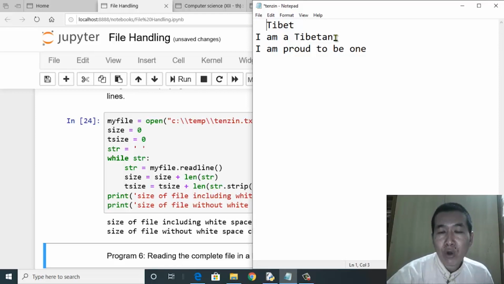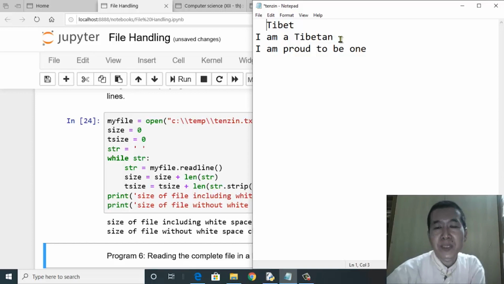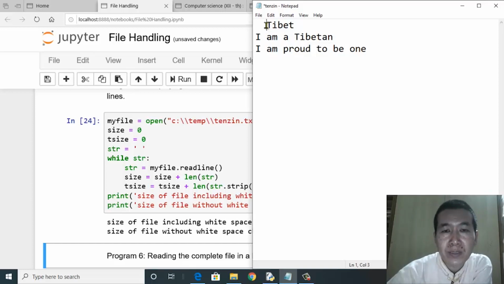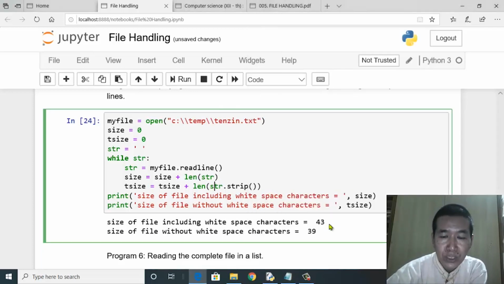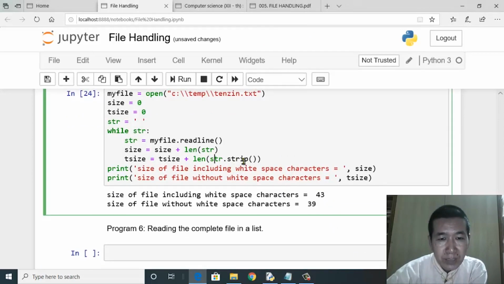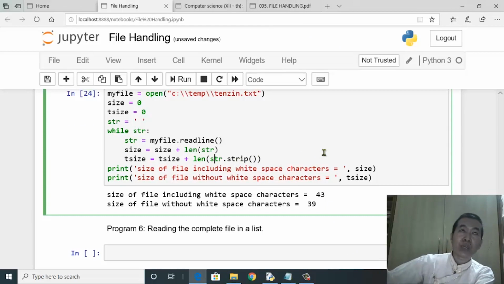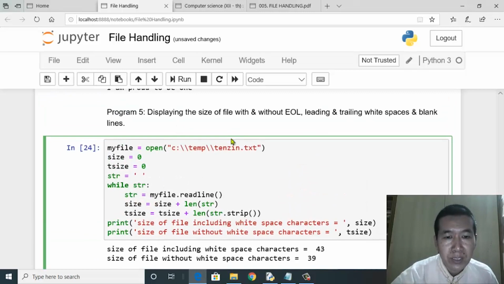So all in all, there are 4 whitespace characters. 2 spaces in the front of Tibet, and then 2 Newline characters. Okay, so when you count the number of characters in the file, that will amount to 43, and then this particular strip function will remove the leading 2 spaces and then trailing 2 Newline characters. So this is how you should write a program as per this particular question.